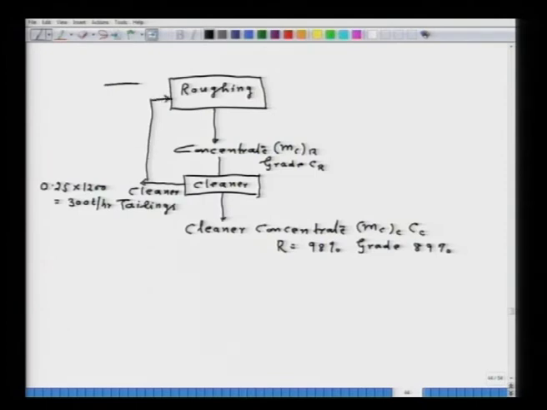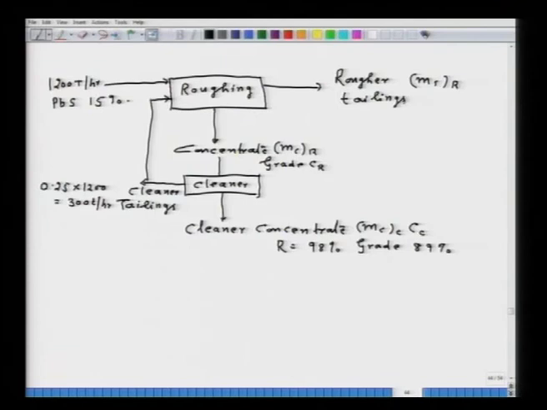In the roughing, the feed you have is 1200 tons per hour and the lead sulphide grade is 15%. Here you have rougher tailings, and let us consider this is MT into R, and its grade let us say is TR. TR is the grade of